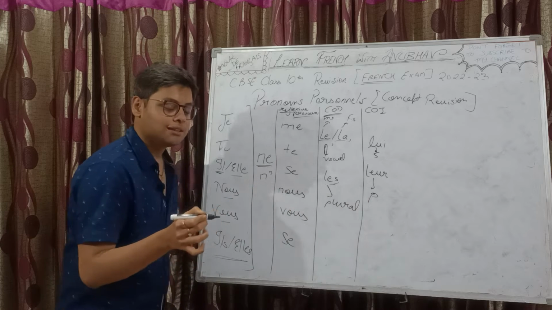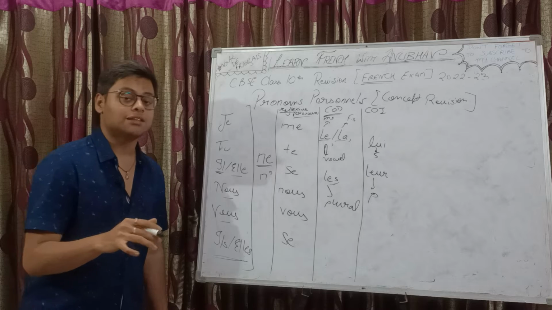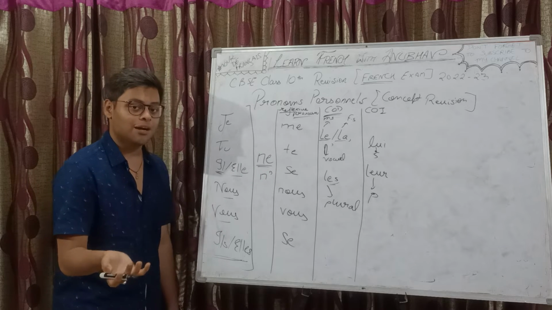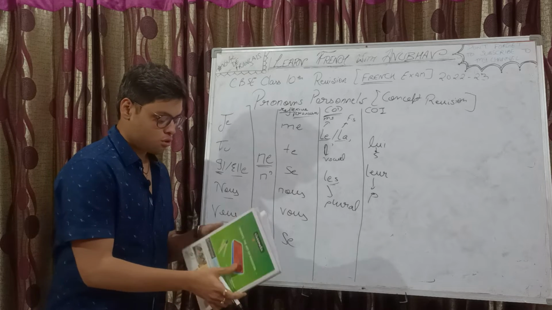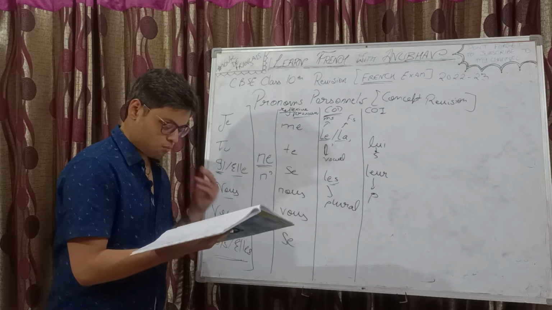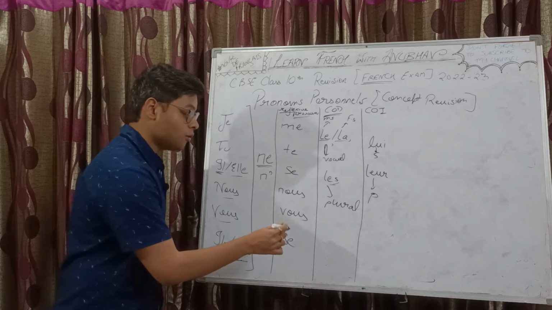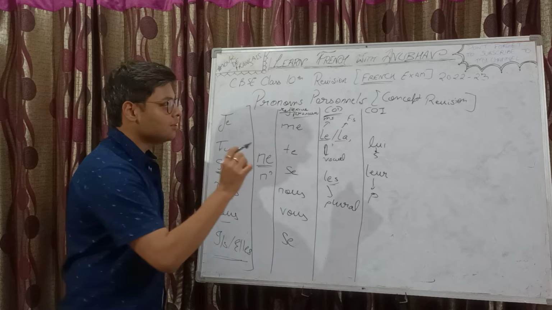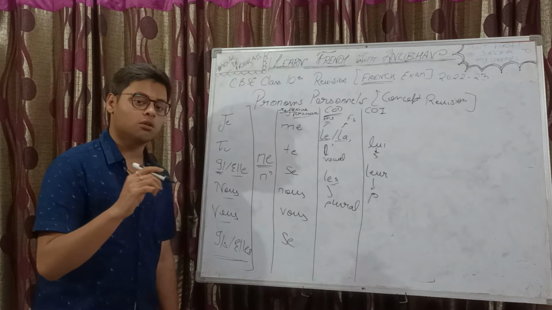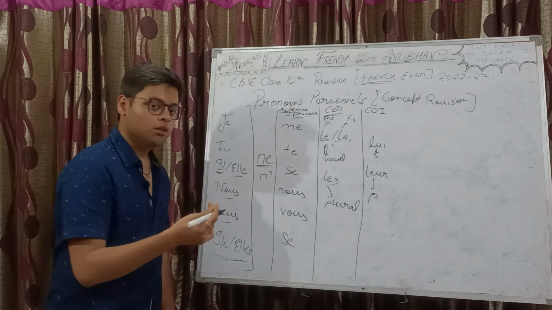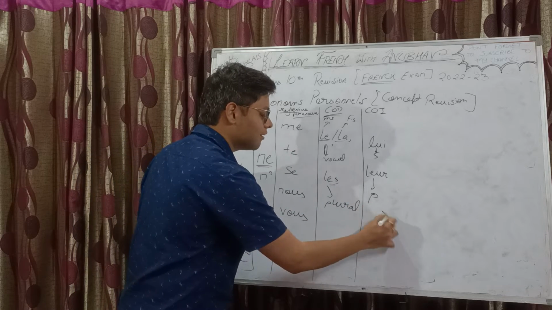When to use COI? COI is used when the complément d'objet indirect answers two types of questions, à qui and à quoi. To whom and to what. So à qui and à quoi. Direct COD answers to qui and quoi, COI answers to à qui and à quoi. Now in this to whom and to what, we are using the word to. It means there is à in there, right?